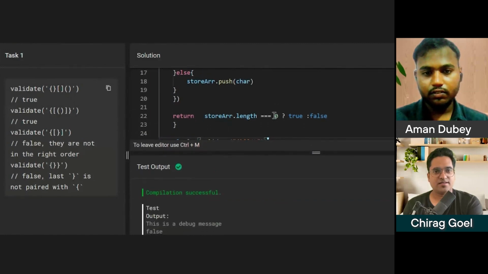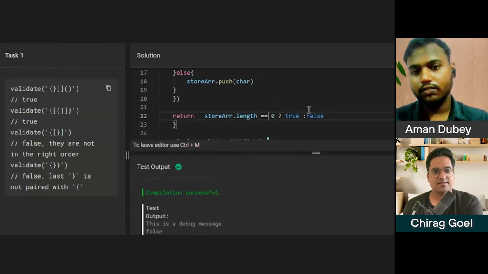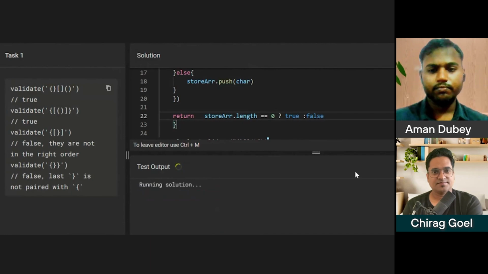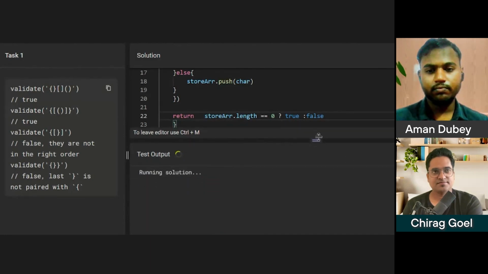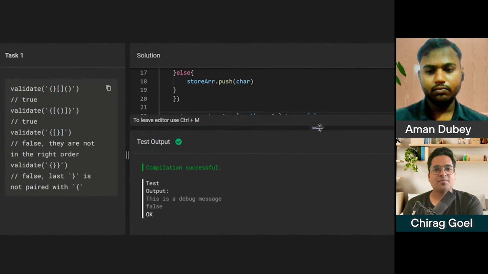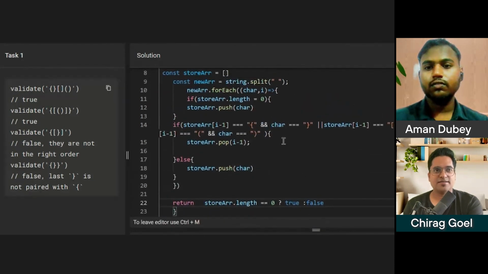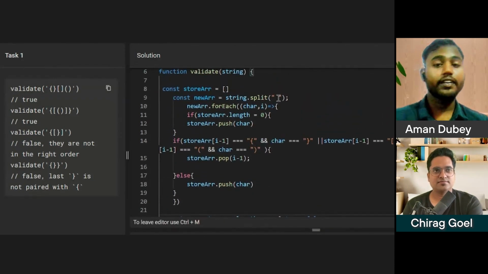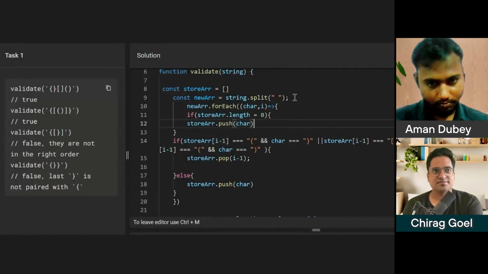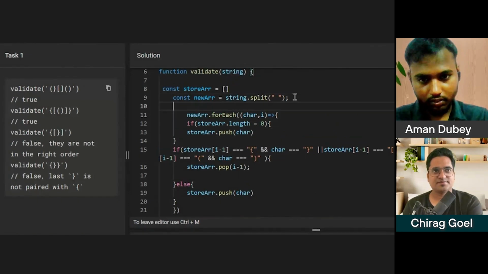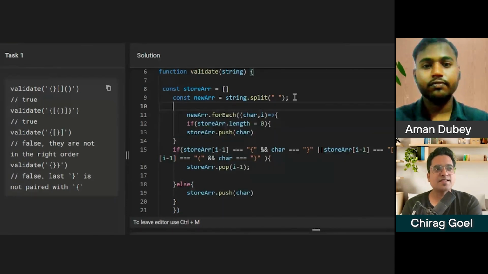Why? Can you check line number 9? Okay, split. Maybe it is not even an error. When you're splitting the array, do you see spaces in your string?